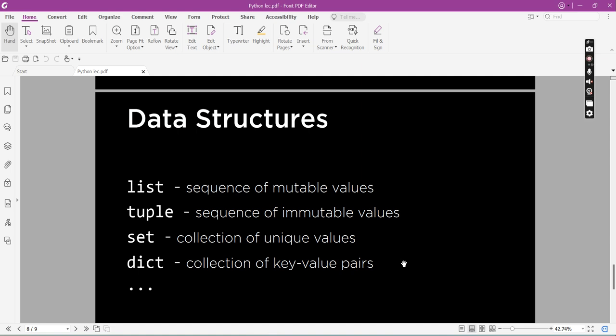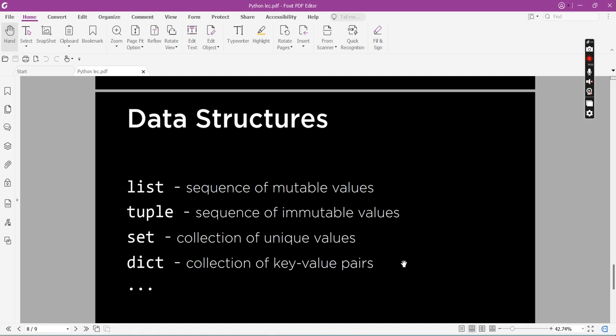So it says here, list is a sequence of mutable values. So when we say mutable values, it means that the values of that data structure could actually be edited, could be changed, or we could insert additional items or values on that list.